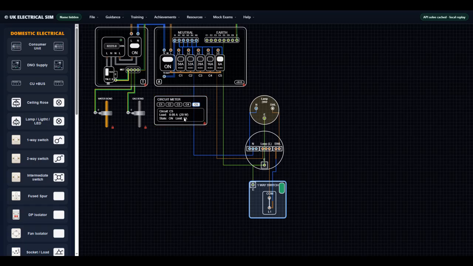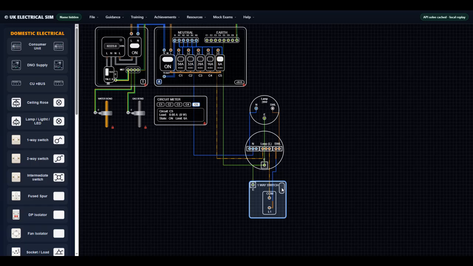To make the circuit even easier to understand, press the A button on the consumer unit. This enables an animated view of current flow, helping you visualize how power travels from the line conductor through the lamp and back along the neutral conductor. Of course, this is not exactly how AC current behaves in real life, but it is a very helpful way of picturing a live circuit during training. Try operating the light switch on and off, and you will see the flow stop and start as the switch